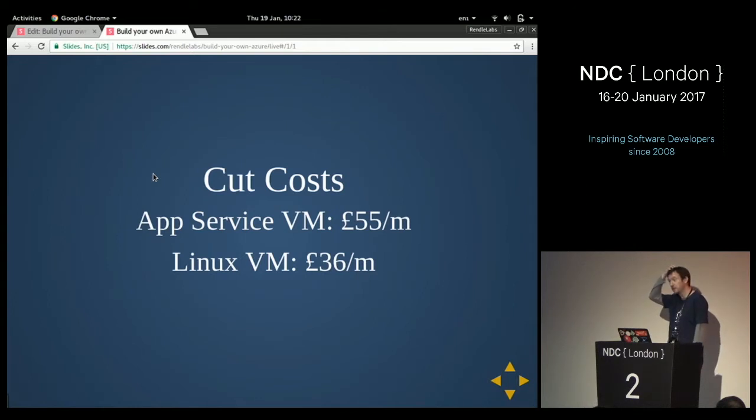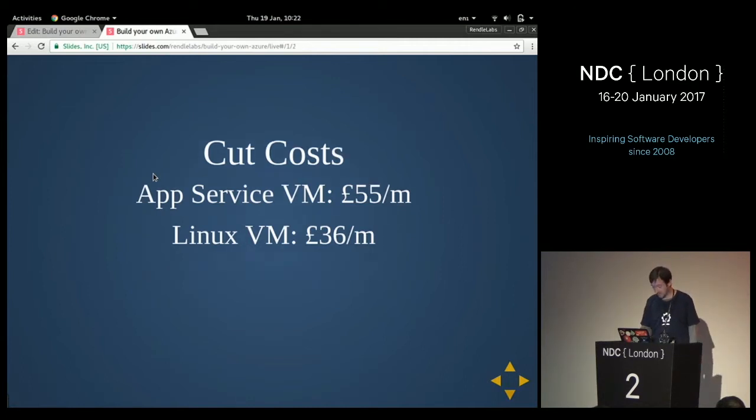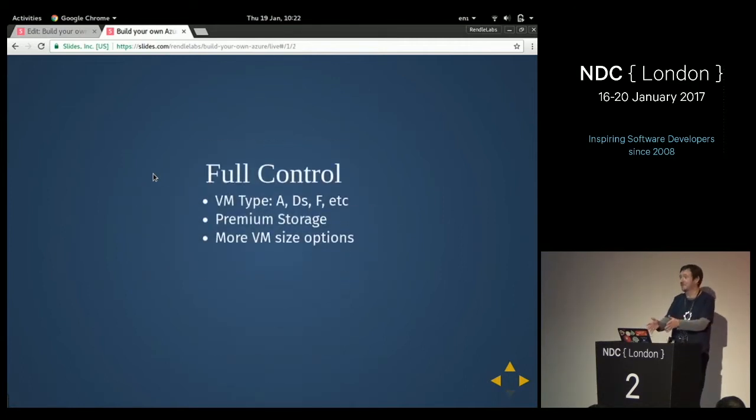I know because I used to run an app that was in every Azure data center, and I was running it on app services, and when my BizSpark Plus ran out, I nearly went bankrupt, honestly. That's why this laptop is so old. I'm still recovering from app services. But